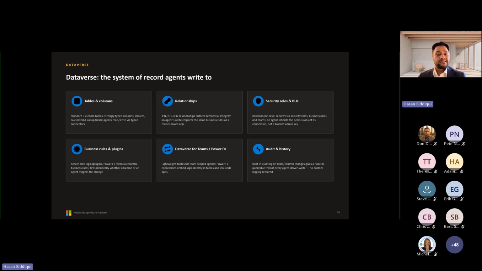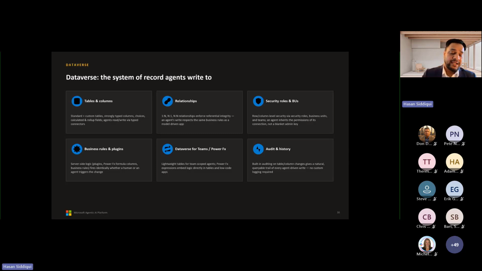with strongly typed tables, columns, calculated and rollup fields, and relationships that enforce referential integrity. An agent write has to satisfy the same business rules as a human write: security, governance, and consistency, with row and column level security through security roles and business units, which we can define under Dataverse.